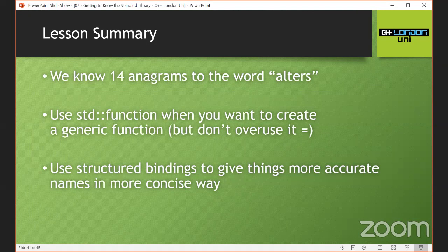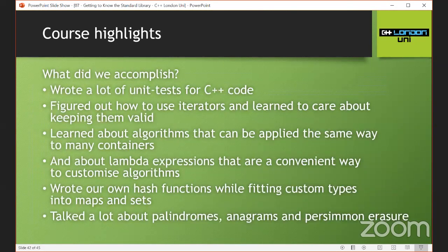we are slowly going into wrap up, and I just wanted to thank you for going through all this with me, and I hope you learned something. I just wanted to remind you where we started, and go through this list of what we've done in the course. My intention was to show you some patterns about using the standard library, containers and algorithms, and